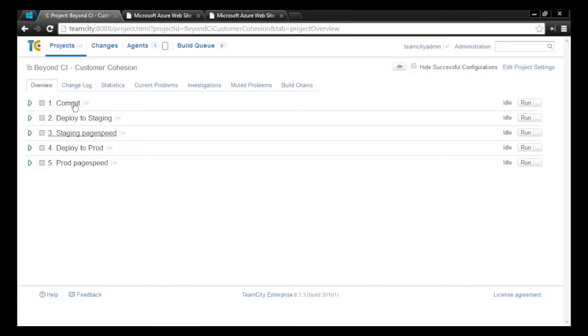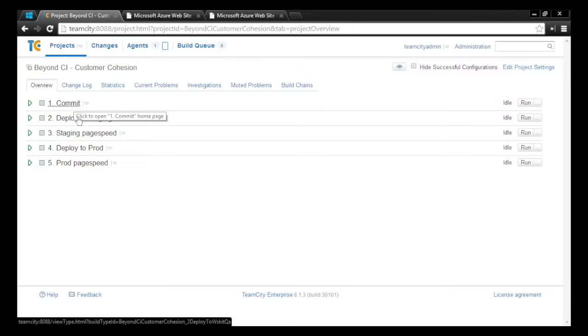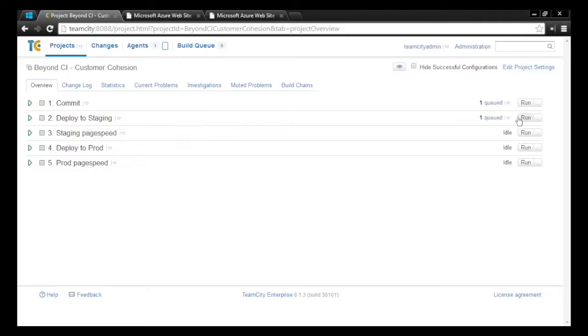Okay, so let's just run through what this looks like. So the commit phase is, again, just our continuous integration process. Steps 2 and 3 get us more towards that idea of continuous delivery because we can actually deploy it into a staging environment in this example. So I'm going to actually run that just so we can see the site get updated. I haven't set up any triggering for this. We can discuss triggering if people have particular questions, but